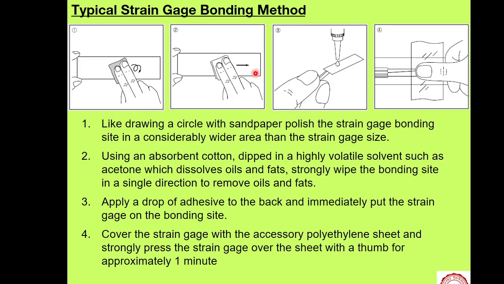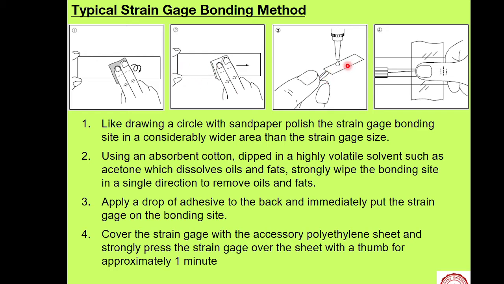These are the procedures for how to fix a strain gauge on a material. Say this is part of a beam sort of thing. This is the base metal on which the strain gauge will be fixed. You have to clean some part of the surface where we will mount the strain gauge. First, polish it using sandpaper. Then this is the strain gauge which will be mounted in this area.